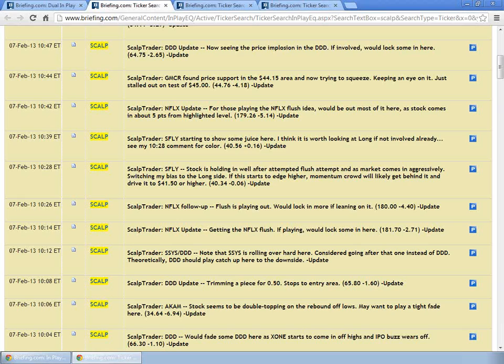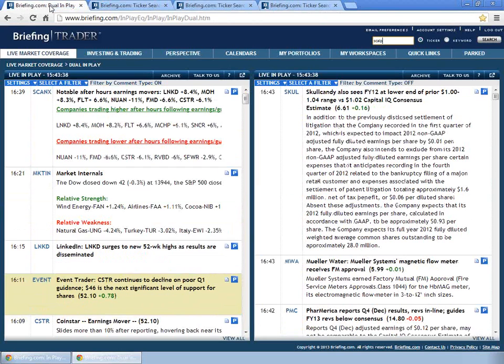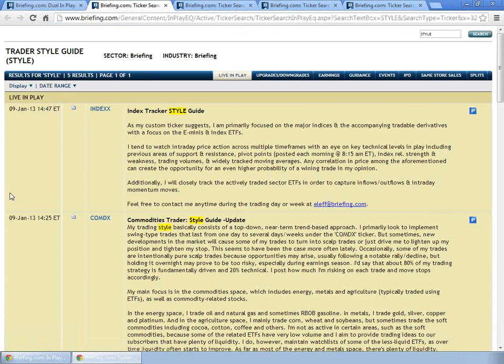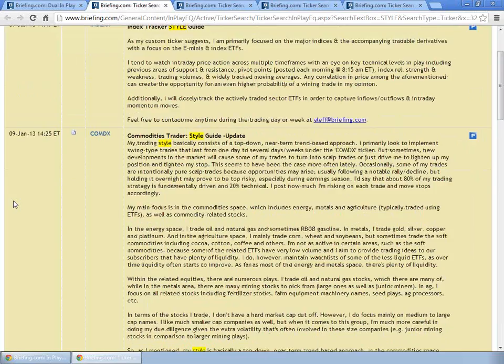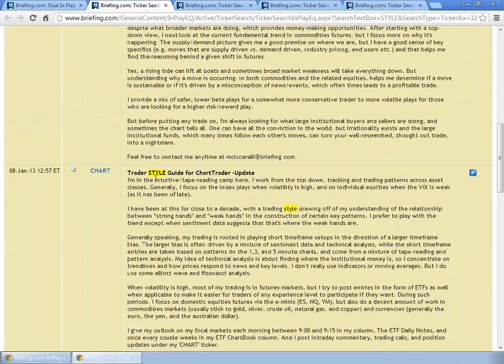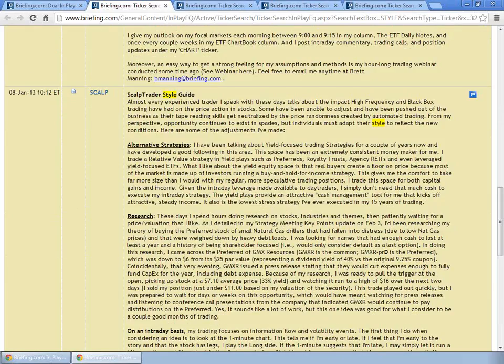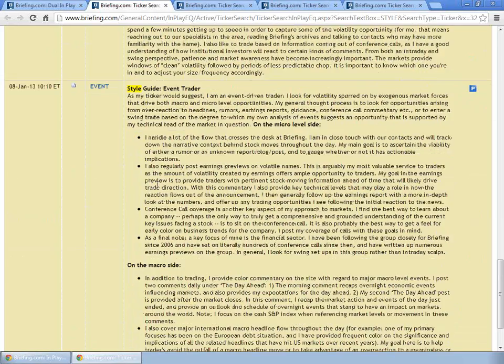So is there an overview of each trader on the site for us to determine which one is a good fit for us? Yeah, so if you go on the email that you receive for the trial, it will have details of each trader's particular trading style. But also you can go into the search box here and type in style, S-T-Y-L-E. And it will give you an overview of each person's style. So this is index tracker, commodities trader, chart trader, scalp trader, event trader,